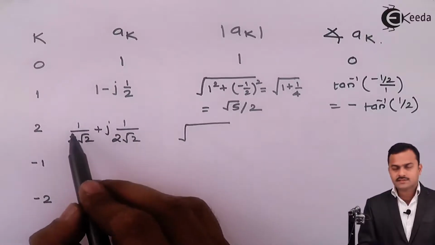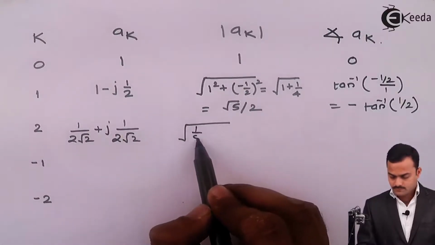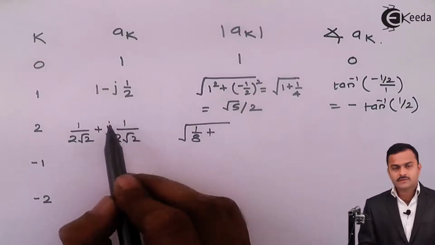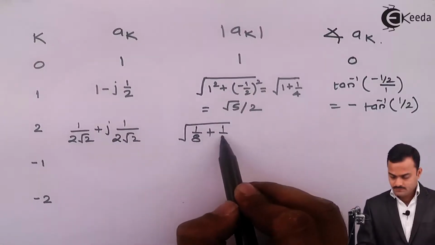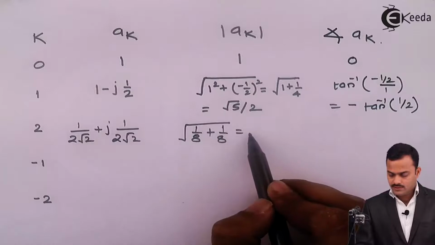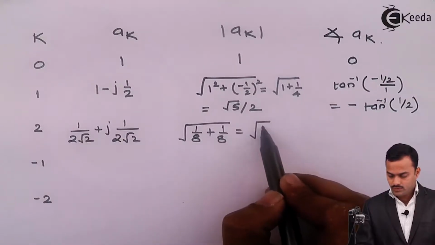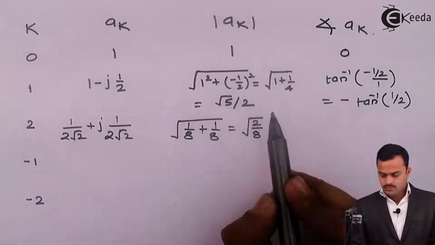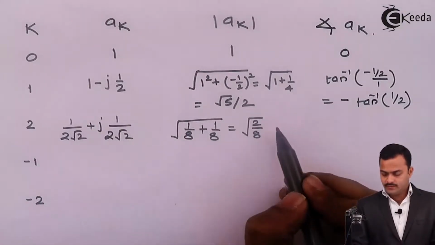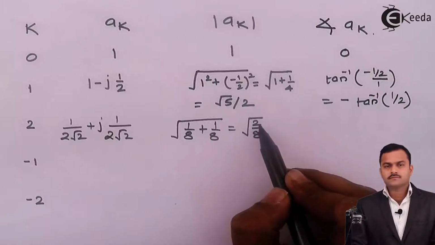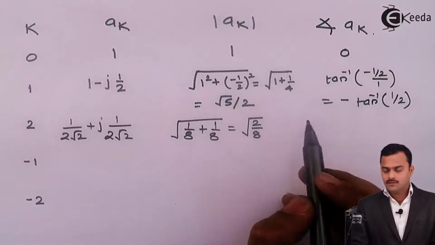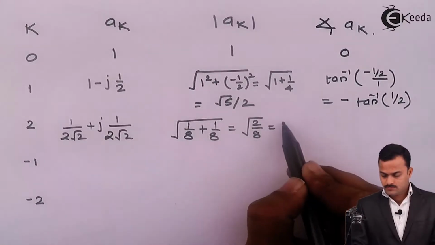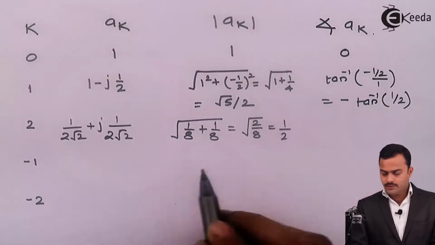So square of this will be 1 by 8, square of this will also be 1 by 8, so in the end that will be root of 2 by 8. So if you solve this, we'll get root of 1 by 4, which is nothing but 1 by 2,